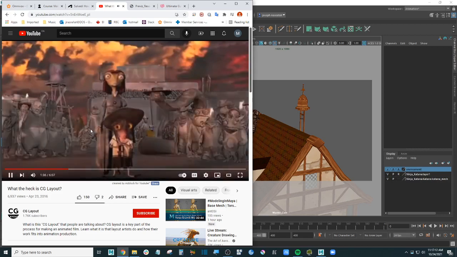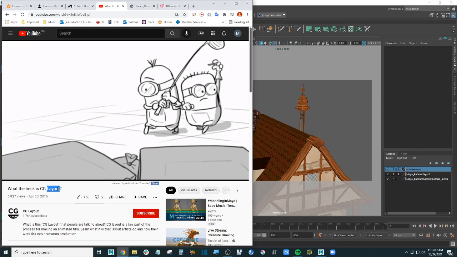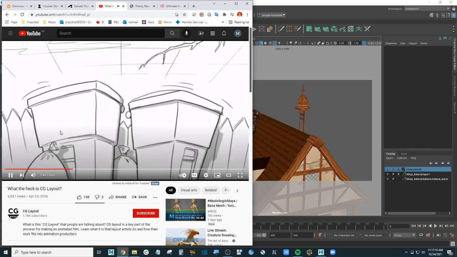Props, storyboards, CG layout. Watch all this. It's really good; the story gives you an idea of what you should consider in the scene. Typically, you also have CG storyboards, layout, or better yet,